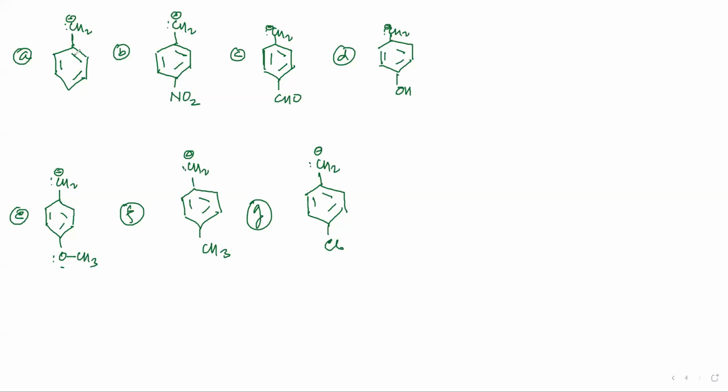Okay, now you tell me here. See, the other thing that I want to tell you: do I have to compare the benzene rings? No. We just have to compare what is in this position. Here it is H, here it is NO2, CHO, OH, CH3, CH3 and Cl, right? Because this is the thing which is different in all these structures. So what about A? What effect does H show? No effect, correct?